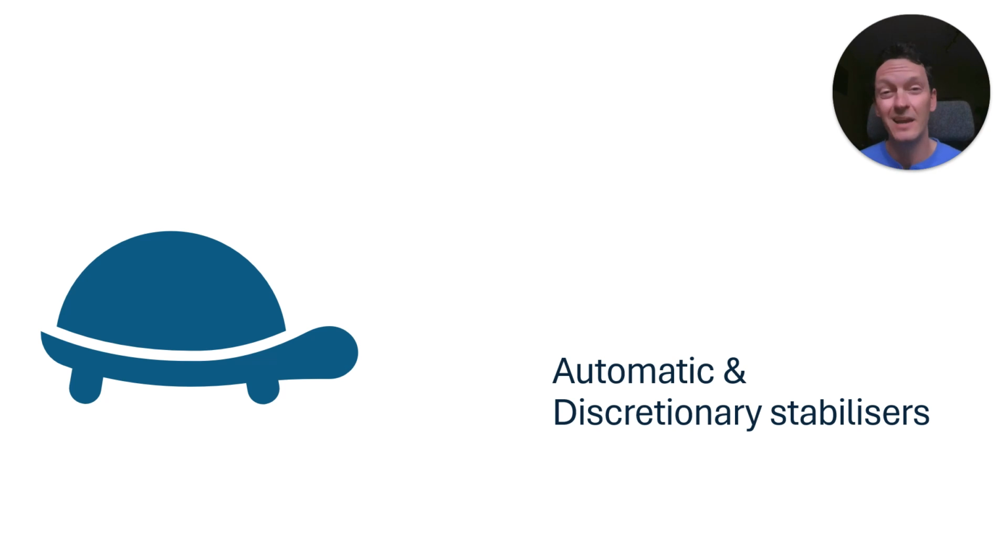Feel free to go back and look over some of the trickier concepts, especially why the government wants to slow down economic growth, and on the automatic side, I've got the little icon here. No, that's not a man peeking below his hat level. It's not that. It's a turtle. Why is it a turtle? Because we want to slow down the peaks and troughs. That's really the main idea here.